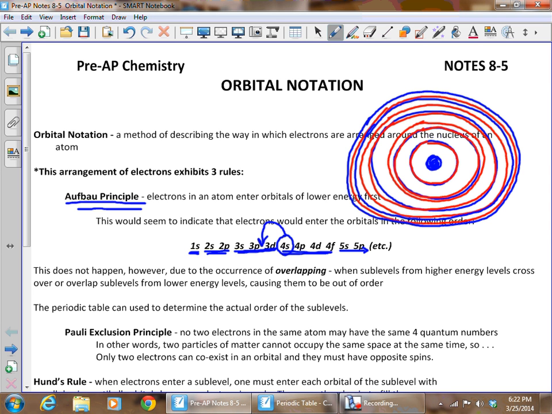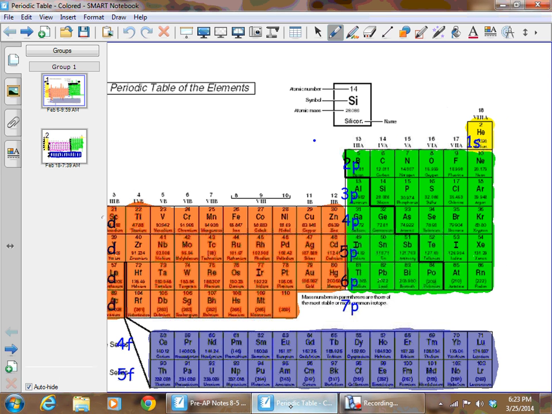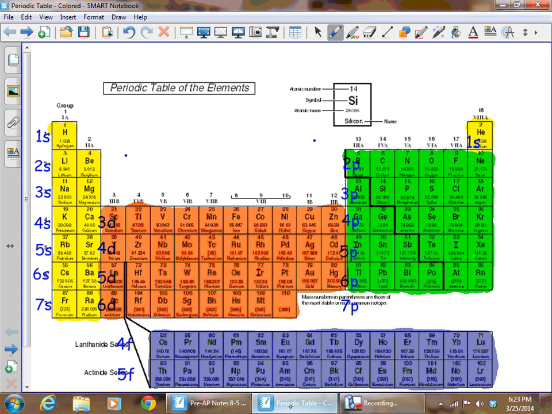And as this atom gets bigger and bigger, it gets more and more complex and more overlapped. So how in the world are we supposed to know what the order of those sublevels is going to be? Again, the process is called overlapping, and we need a periodic table in order to determine what that order is going to be. So what I would like you to do is to pause this picture, take out a blank periodic table,